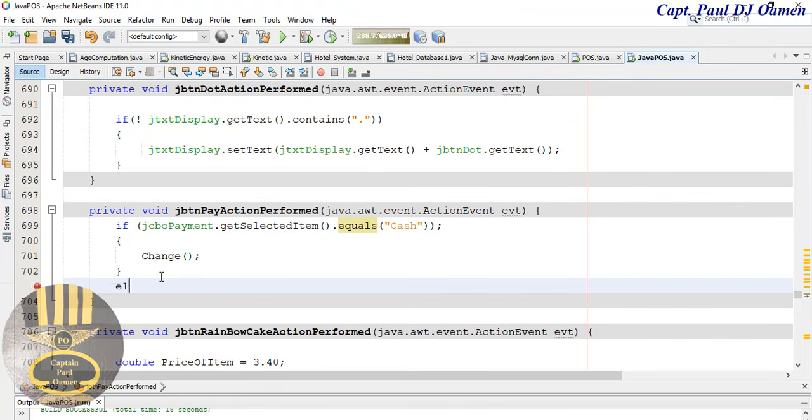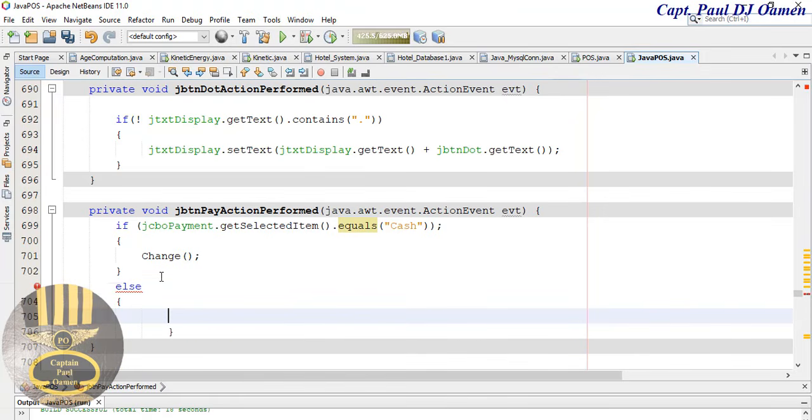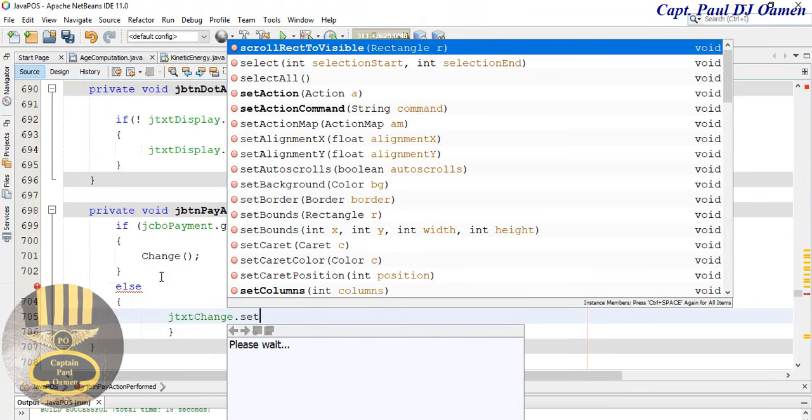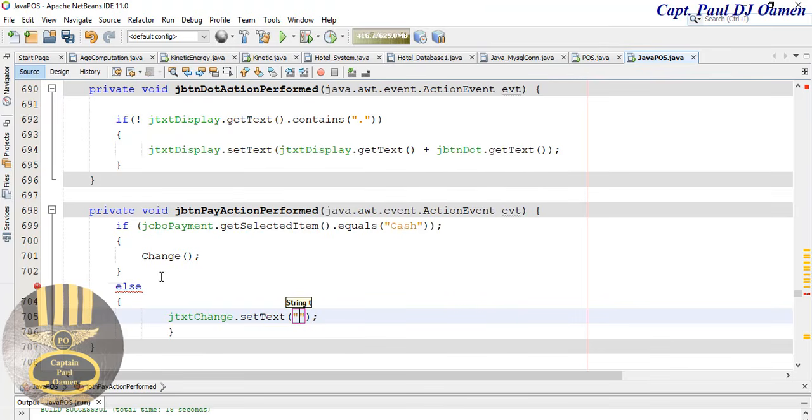Else, open up curly braces again. In there, I'm now going to clear as follows: jtxt change dot set text equals clear. There. Now the next one